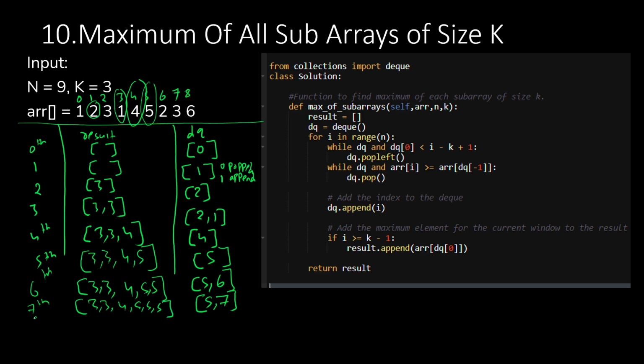And the final iteration, the eighth one. Now let us check the first condition. DQ0 is 5 here and the current index is 8. 8 minus 3 is 5. 5 plus 1 is 6. Is 5 smaller than 6? Yes, it is. So what this loop is doing is ensuring that it doesn't go outside the range